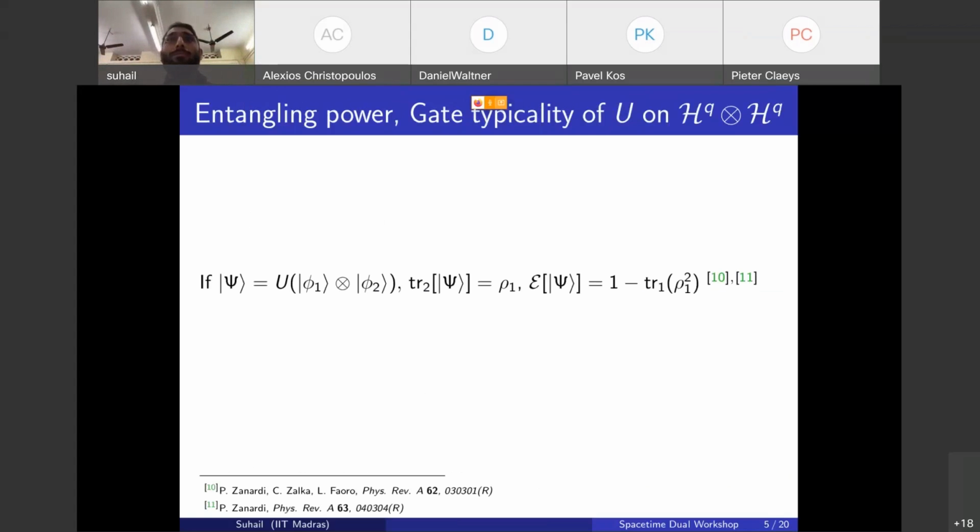So just for completeness, I'll have a slide on these quantities, just to see the convention, because different conventions are used. The essential idea was already given by Carol yesterday. The idea is like this: if I take any bipartite unitary gate and apply it on a product state,